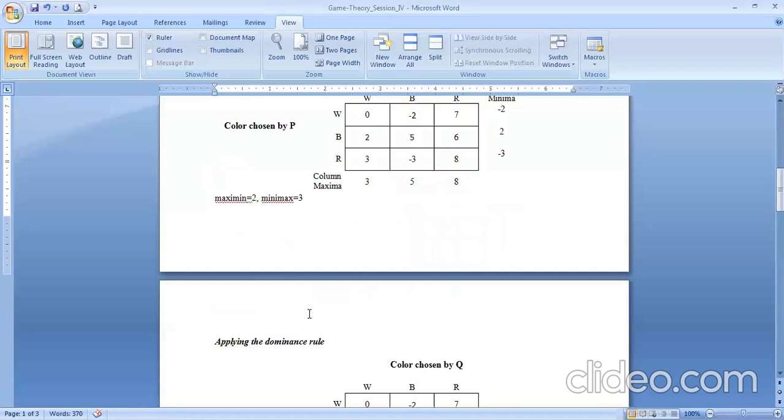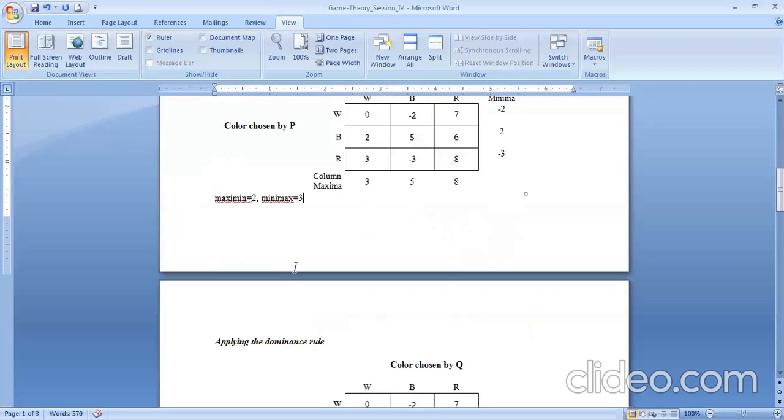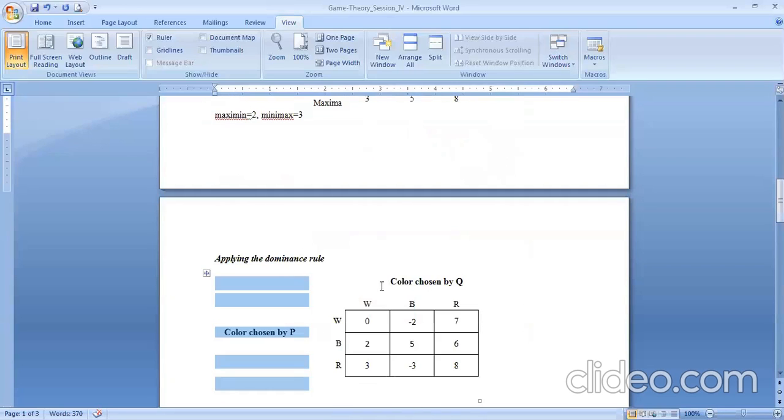Okay, as I told, this is unofficial. It is only for the sake of cross verification of whatever value we are going to find. That value should lie in between 2 and 3. In order to cross verify only, we can do this. And in the examination, please do it in the rough page, don't do it in the regular solution. The solution will actually start with applying the dominance rule.